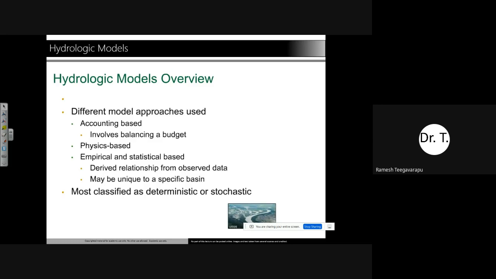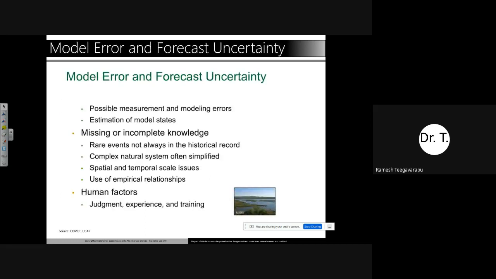Okay, so just to give you an overview, we have different models. We have physics-based models, we have empirical and statistical-based models, and then we have data-driven models. Most of these models are talked about as deterministic or stochastic models. And we talked about uncertainty and model errors, and there can be errors because we don't have the complete knowledge of the system.